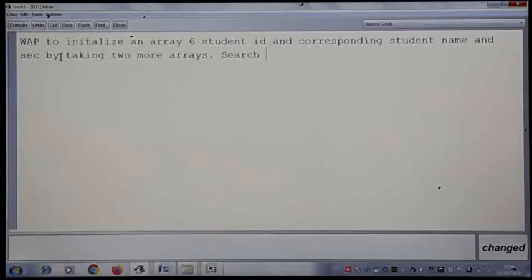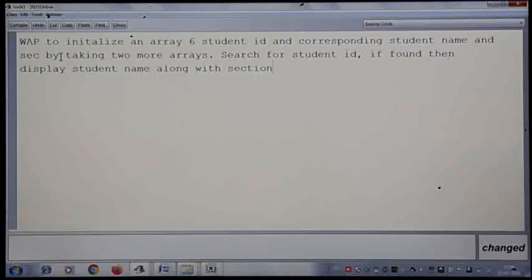Now search for student ID. If found, then display student name along with section, means in which section they are in.